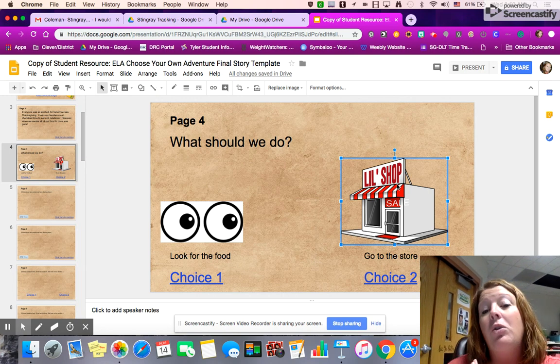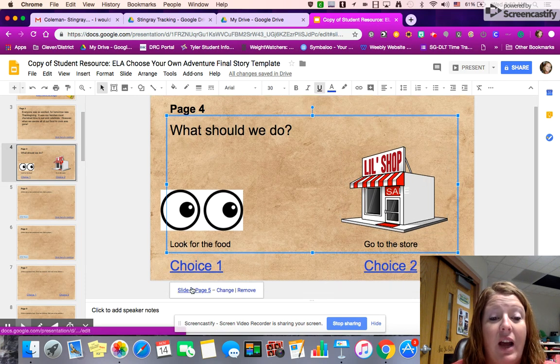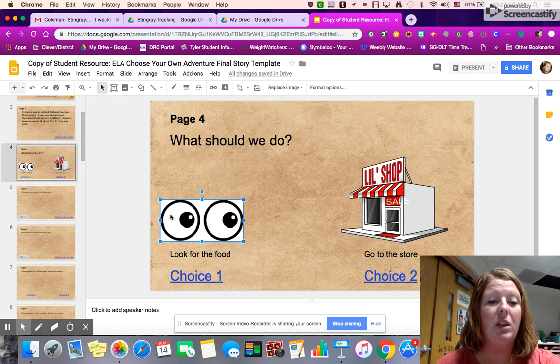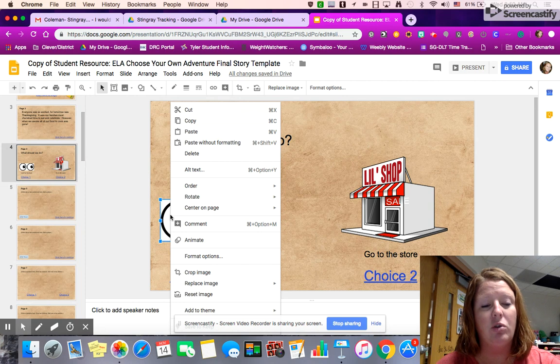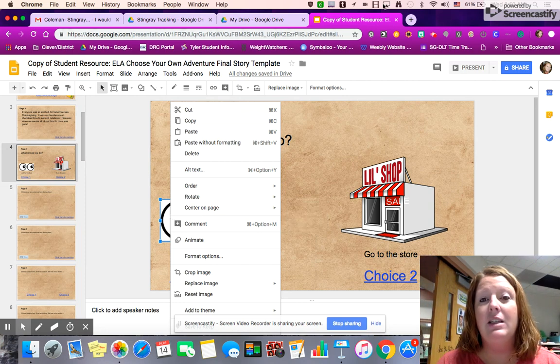Okay. Now, if you wanted to get technical and you wanted to add a hyperlink to this, so do you see how this choice 1 takes you to slide 5? You can actually do that yourself by clicking on the images and adding a hyperlink. So I'm going to teach you how to do that if you want to do that. So that's more of a technical step for you. So we're going to click on the image and we're going to press, we'll just double click, or you can press Command or Control K. Okay, and